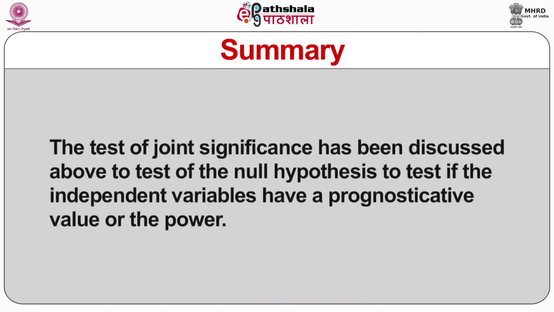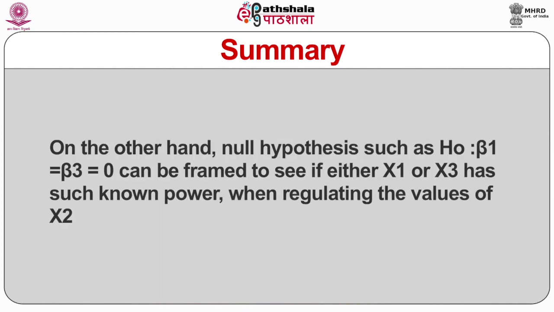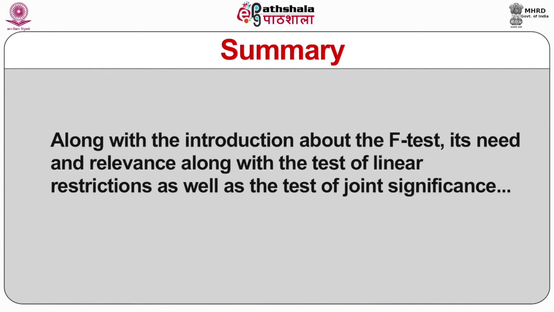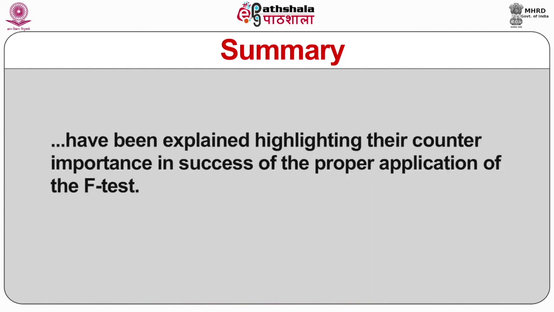The test of joint significance has been discussed above, to test the null hypothesis, to test if the independent variables have a predictive value or power. On the other hand, a null hypothesis such as H0: B1 = B3 = 0 can be framed to see if either x1 or x3 has such power when regulating the values of x2. Along with the introduction about the F-test, its need and relevance, the test of linear restrictions as well as the test of joint significance have been explained, highlighting their importance in the proper application of the